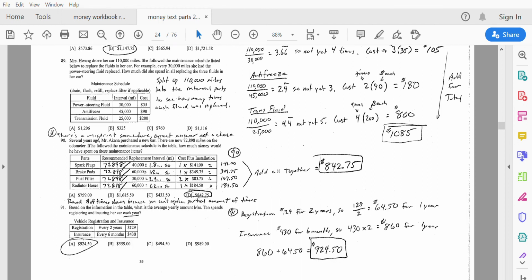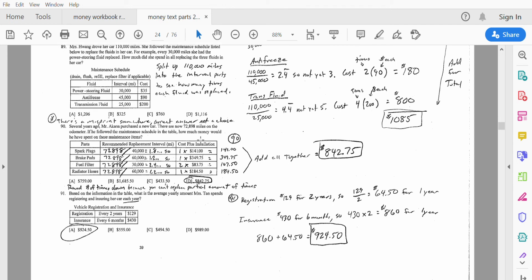Let's scroll down here. Got 2 more on this page. So we're looking at number 90. It says, several years ago, Mr. Akana purchased a new car. There are 72,898 miles on the odometer. If he followed the maintenance schedule in the table, how much money would he have spent on these maintenance items? This is very similar to the last problem,